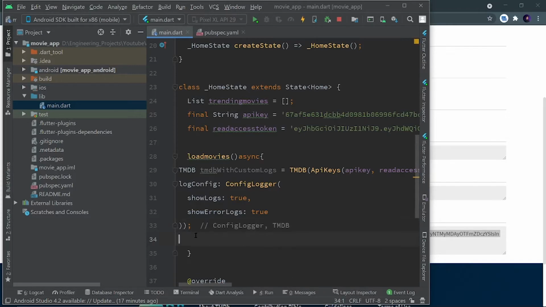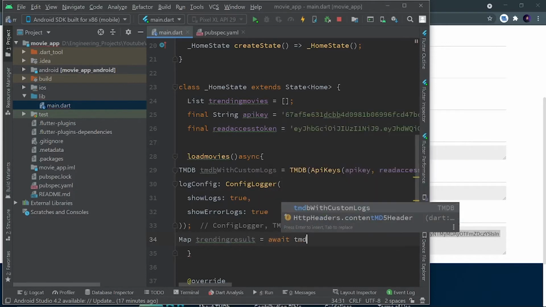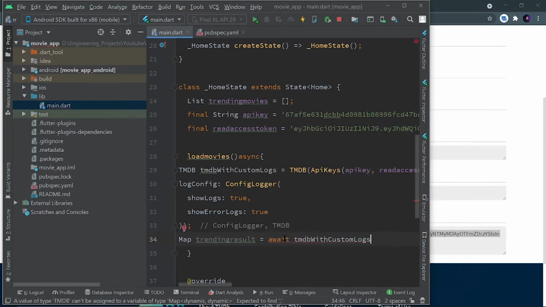So after this, we have to create a map that will be trending. Let's call it trending result, right? So first of all, we are interested in trending movies. So let's call it trending result variable, and it is going to get await TMDB with custom logs that we had already created over here, the object.